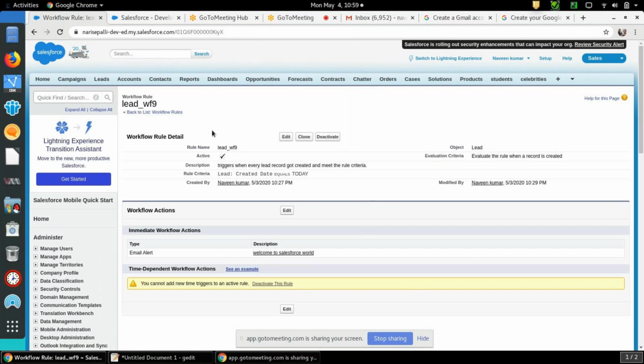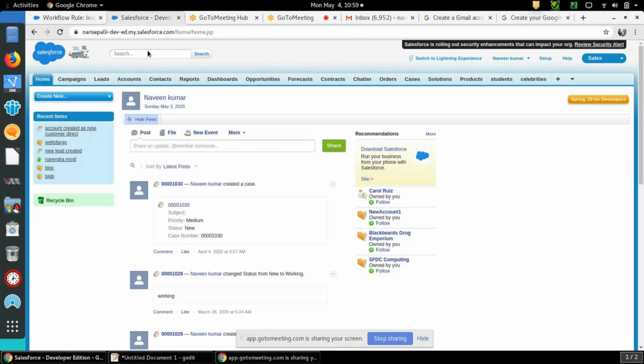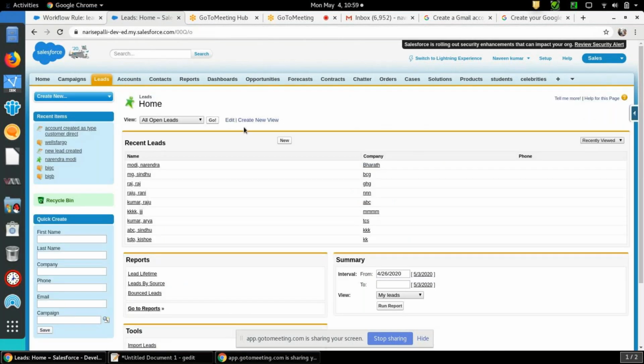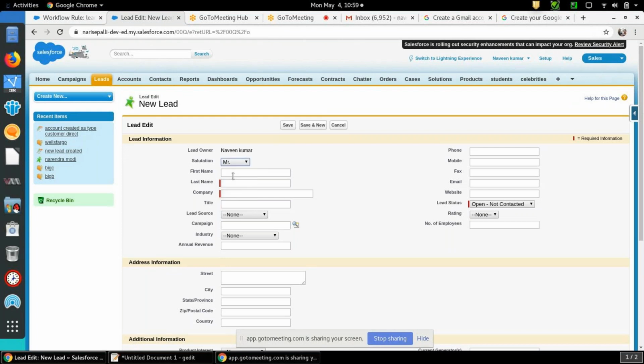Now I'm going to the lead object and creating one new record. Mr. Kishore Raj. The fields you see in red are mandatory, so you need to mention values there. I'm saying he belongs to the company BBC, and I'm setting the lead status to working, contacted.